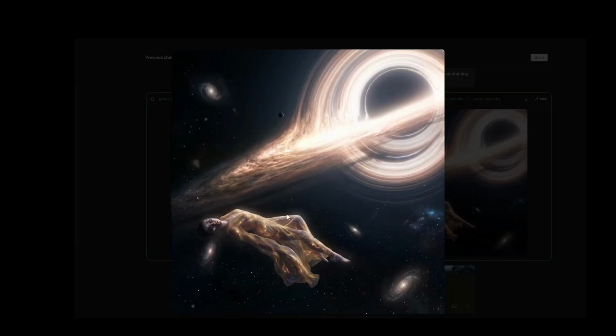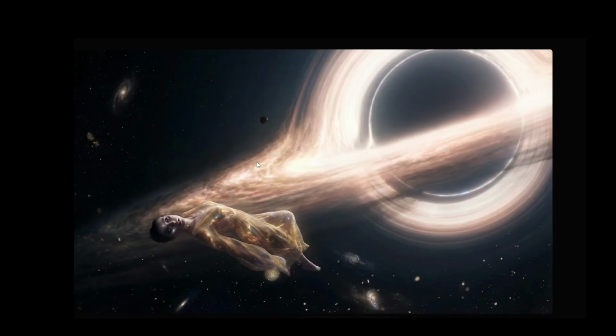And here we have pretty much the same thing with Nano Banana 2, with the whole body of the character and the supermassive black hole in the distance. I believe that this one is a little bit better because the black hole is a little bit more in the distance. This one is a little bit too close to her, but you know, black hole attracts things,